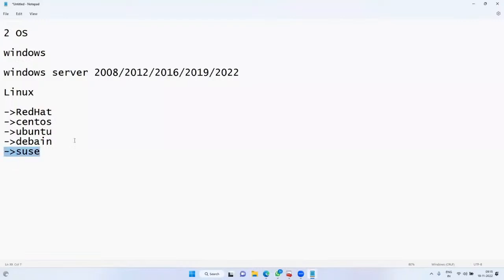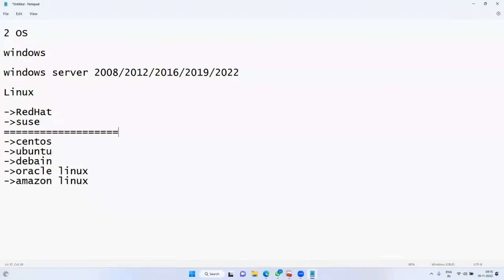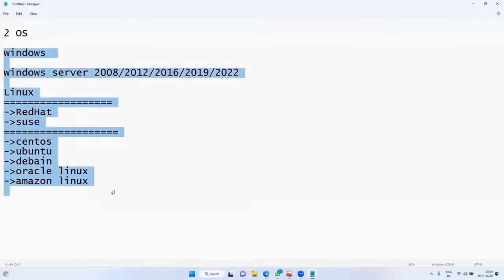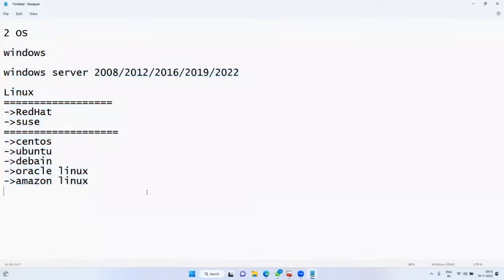SUSE and Red Hat are licensed. Also we have Oracle Linux and Amazon Linux. Out of them, SUSE and Red Hat are used frequently because they are licensed. Got it? So you can host the server with either operating system.